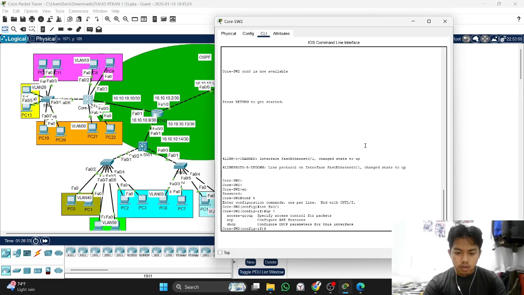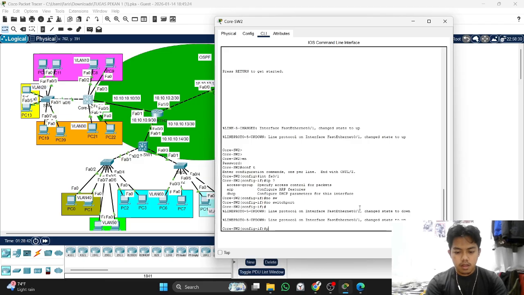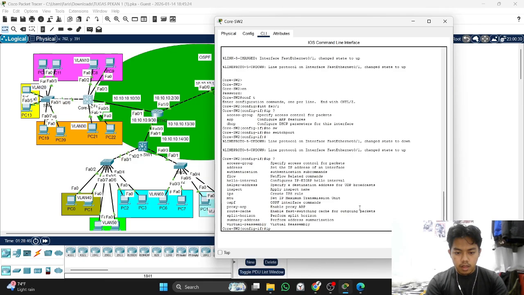Now you go to the interface going to the router, and then we write no switchport. After that we check if we can add the address, and now we can. In this step we add the IP address like usual. We continue to configure it.